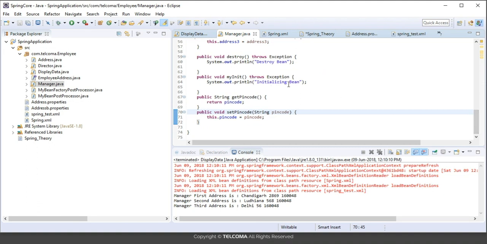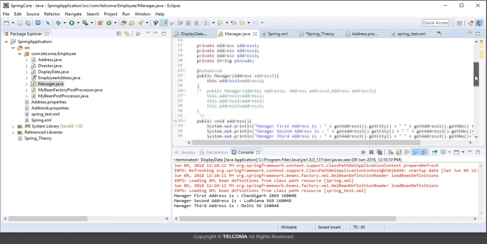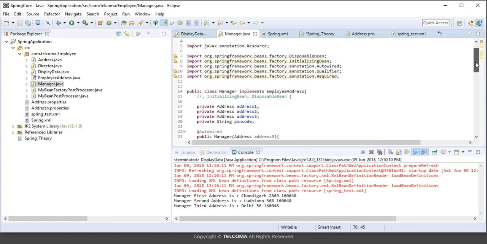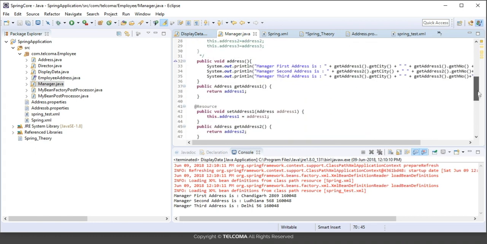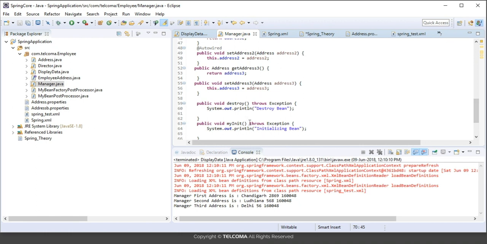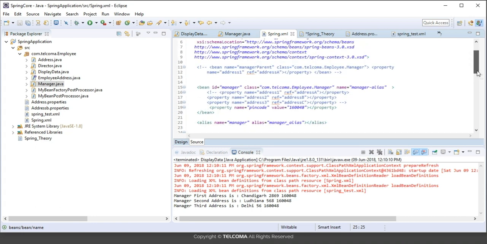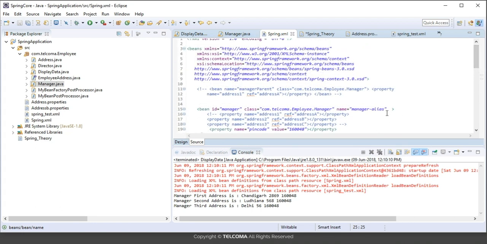I told you that we have three ways, like InitializingBean and DisposableBean, which can be used to run after the bean is initialized, as some bean post processors are run in the bean life cycle. And we defined customized init and destroy methods also. So now if I want these two methods to be run, in my spring.xml, along with the manager bean,